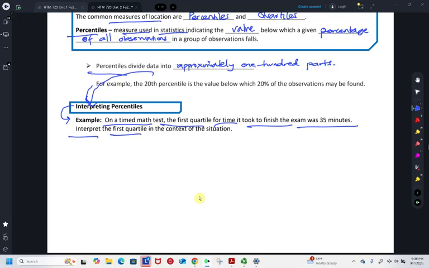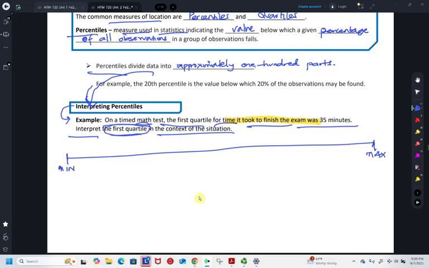Interpret the first quartile in the context of this situation. All right. For the first quartile, one very important step in interpreting this is to ask, what is the variable of concern? It is the time taken to finish an exam. So, for all students, data was collected on time taken to finish the exam from the smallest, the minimum time,